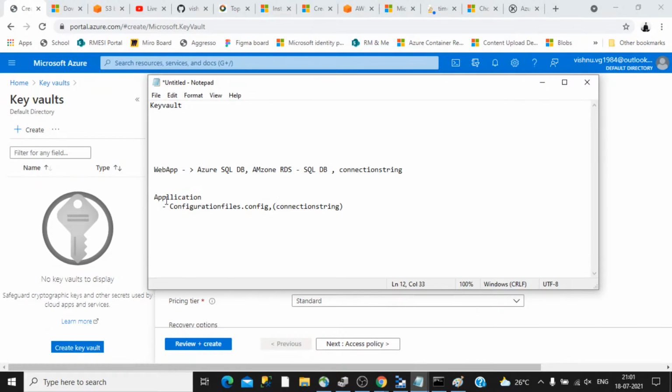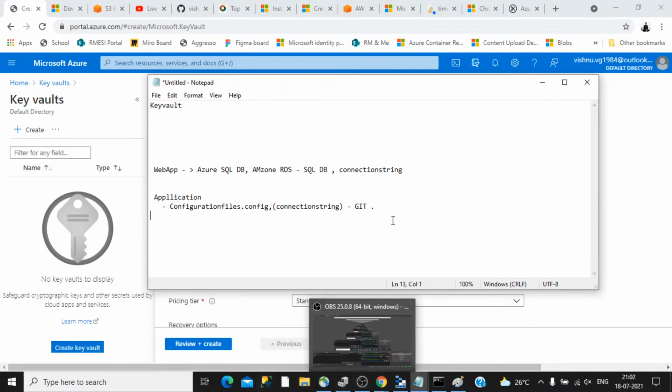We'll be storing all this in source control, maybe Git or something. The problem with this approach is that anyone who has access to this particular Git will be able to read this connection string, note it down, connect from a different tool or application, and do whatever they like.